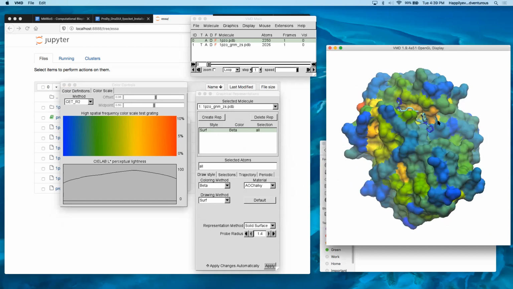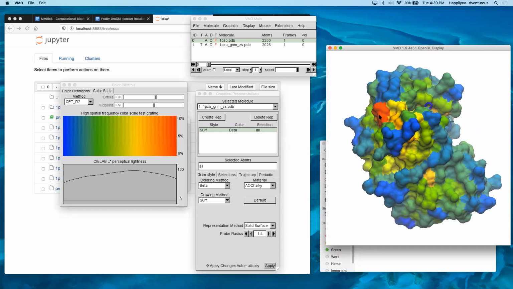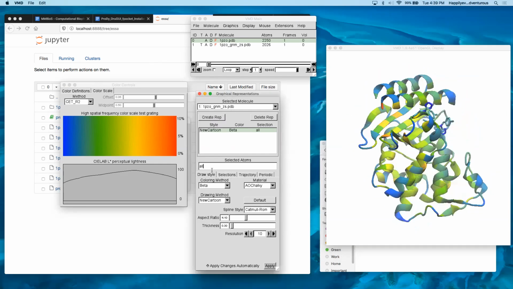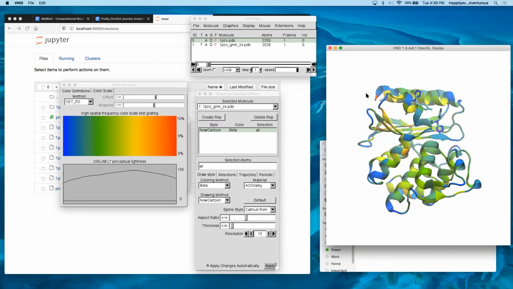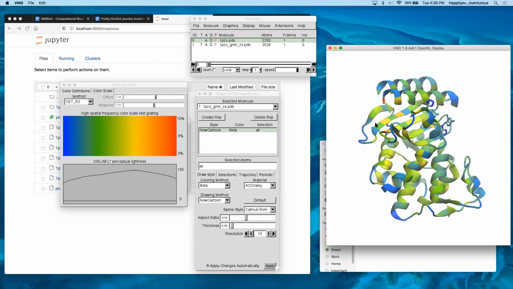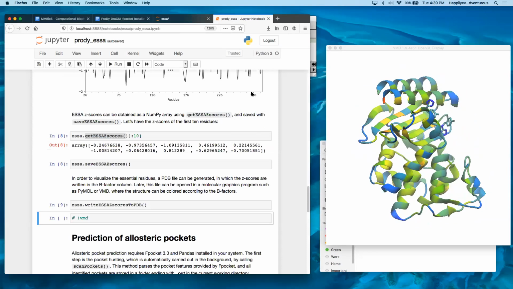Somewhere here, as you see, there is one red region. If I go back to the cartoon representation, it's basically an end of a helix. That's why this is the case, and it also overshadows our results a bit. Okay, so this is the first part of